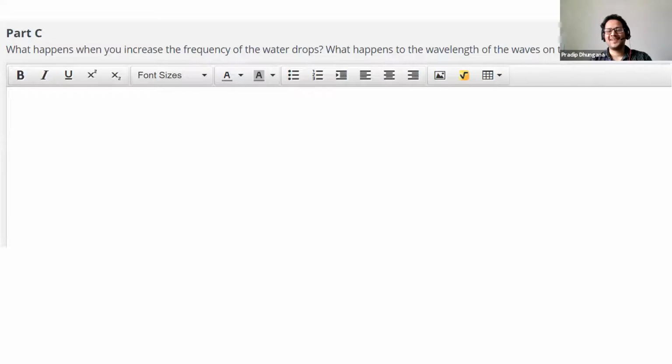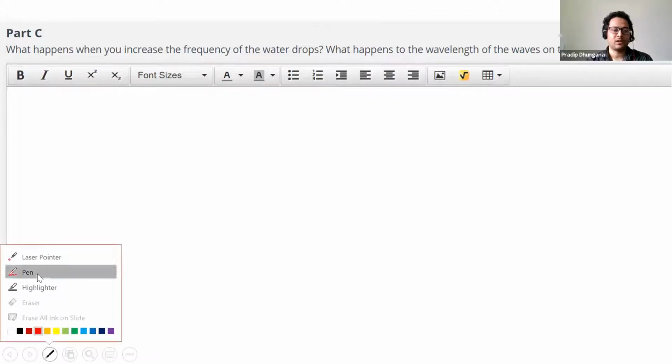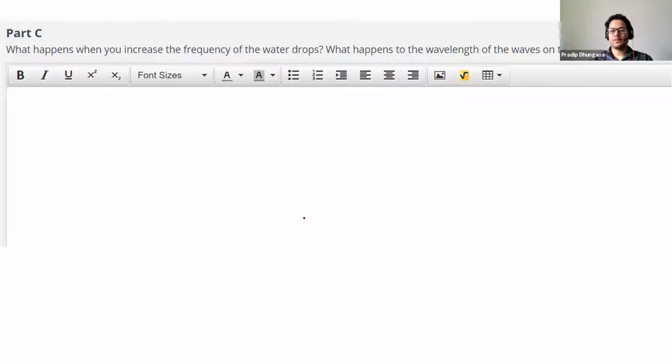Actually, there is an inverse relationship. Okay, when frequency increases, wavelength will decrease and vice versa. When wavelength decreases, frequency will increase, because here is the thing, and let me clarify that real quick, and then we can observe it from the graph as well. Okay, but let me explain this thing real quick.